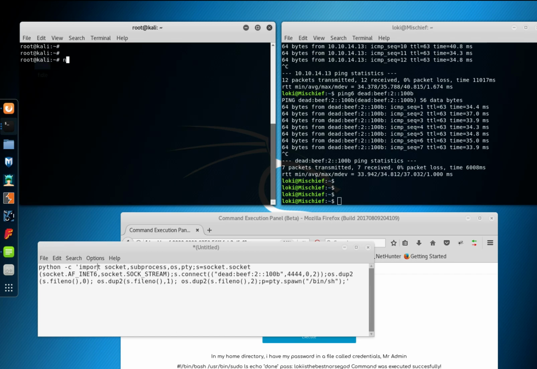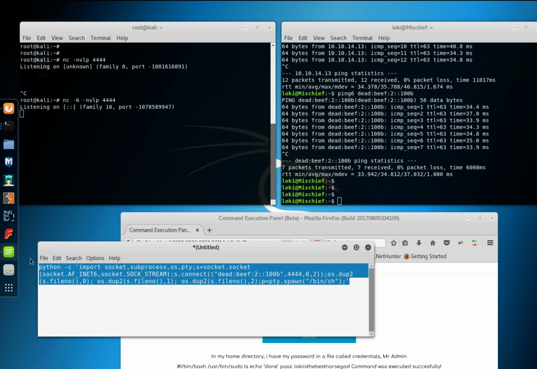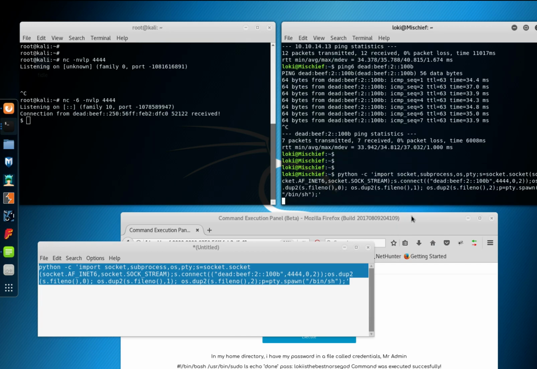So now, in order for us to listen on IPv6, the only difference between IPv6 and IPv4 is this; this is IPv4, right? Now using the particular netcat from OpenBSD, this is the command to listen. And now that I'm listening, I'll go ahead and drop this reverse shell. And we already know Python is running, and I was able to finally